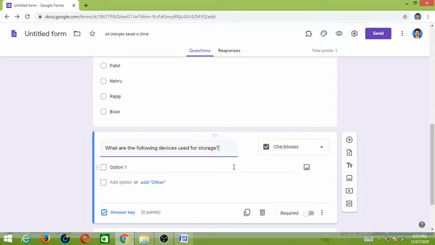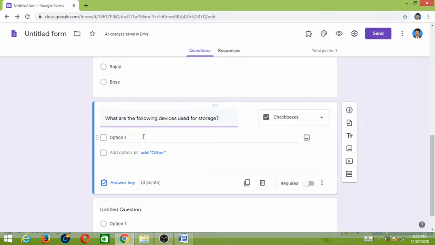So in this question my answer type is checkbox, because the respondent can select more than one option.